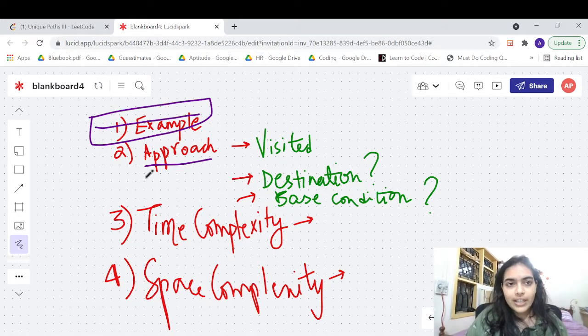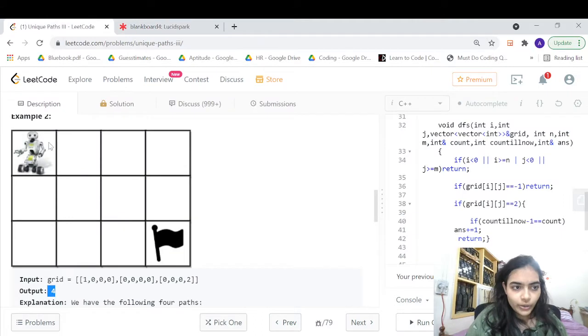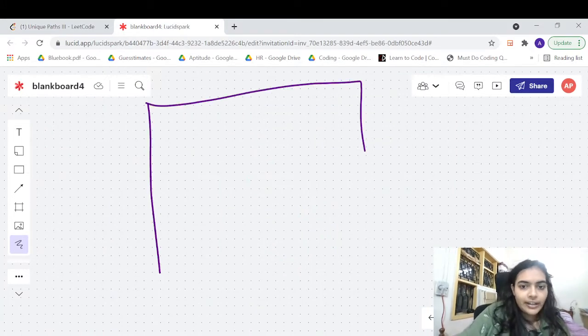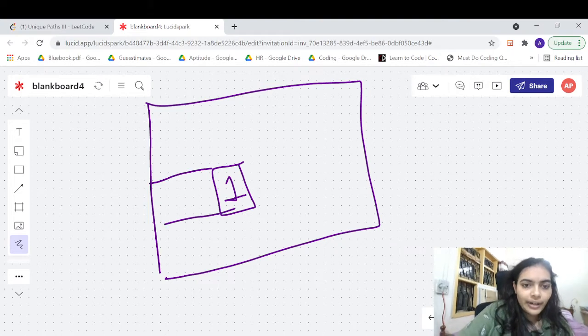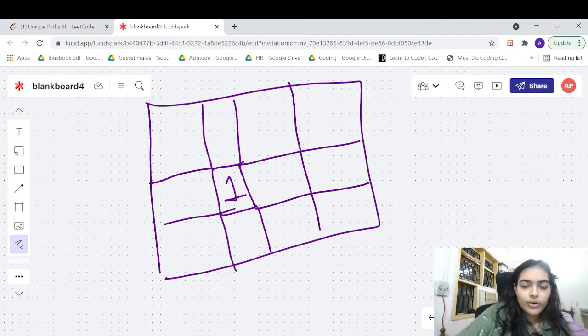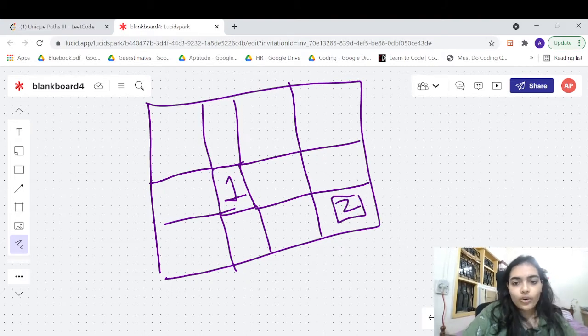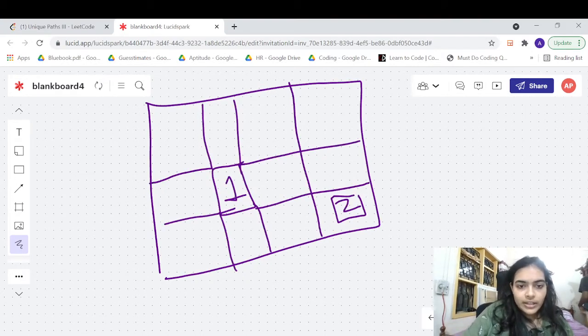Okay. So what is the approach? Let us think about it. You have to start from the starting point and you have to go till the ending point. And you have to cover all the possible squares and return how many such ways there are. Okay. So let's say you are given a grid. A starting point can be anywhere. Let's say this is a starting point and then there is some ending node. Let's say the ending node is here. The ending node also can be anywhere. So from the starting point to the ending point, in between you may have some obstacle like this, right?